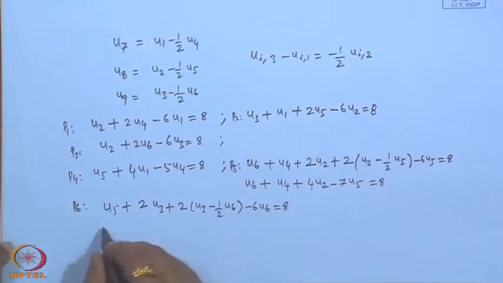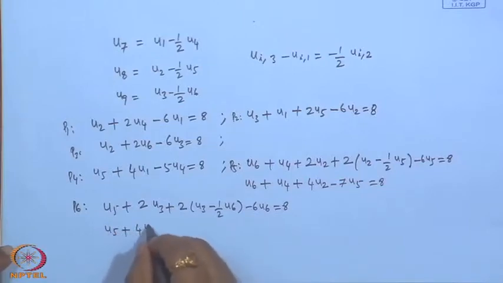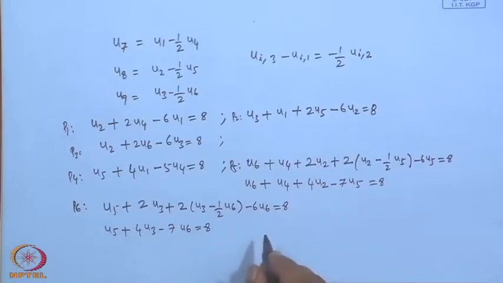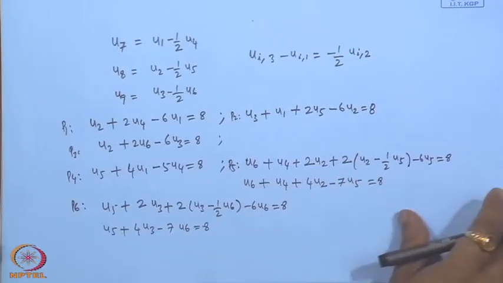So, this will be simplified: 4 u 3, then minus 7 u 6 equals to 8. So, there is some amount of simplification. Okay. So, then we get